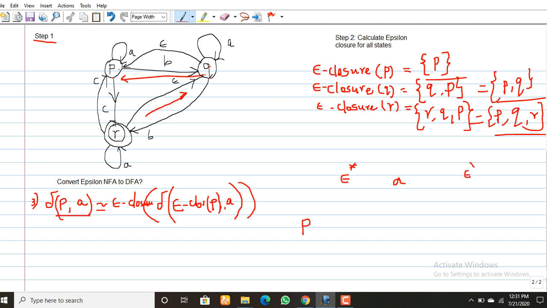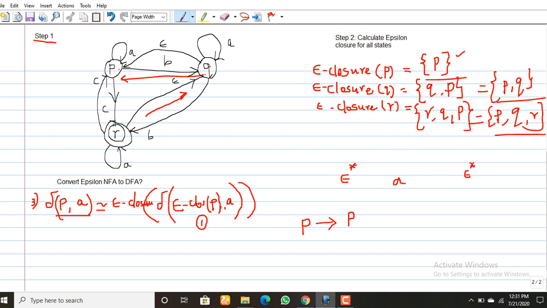First step, you have to calculate the epsilon closure of P. What's the output of epsilon closure of P? It is P only.